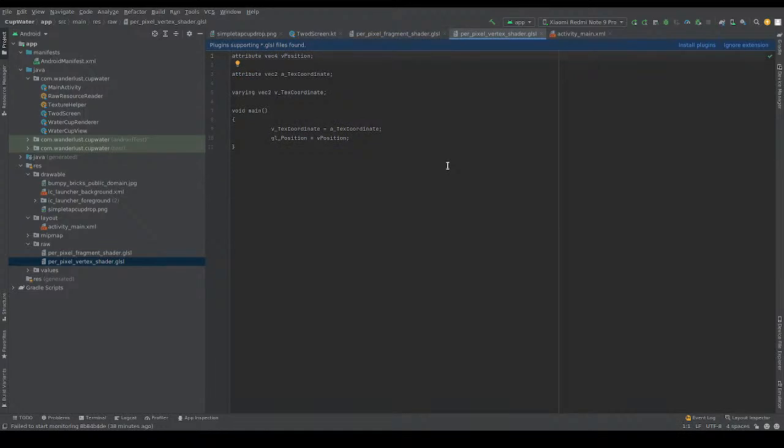So in the draw part of the 2D screen, which we call on draw, from on draw of the water cup view, we actually pass the coordinates that are actually present, and then